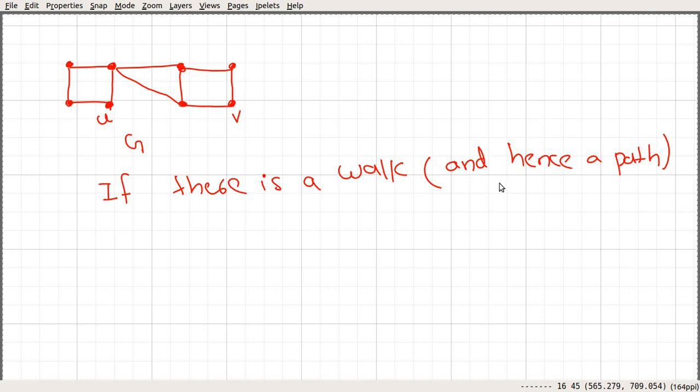We proved a theorem in the previous lecture, so if you are not familiar with this statement, then go and watch the previous video. So, if there is a walk and hence a path from U to V in G,